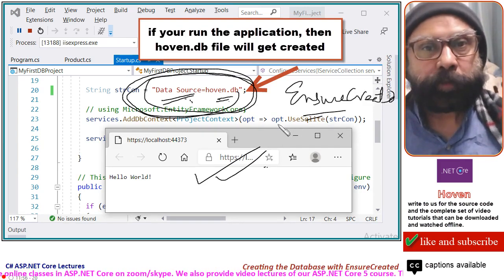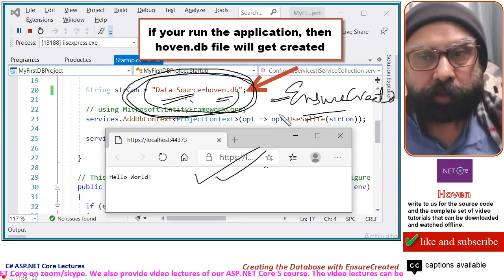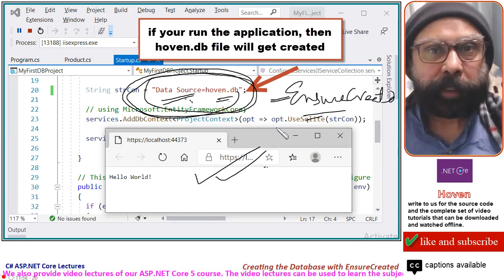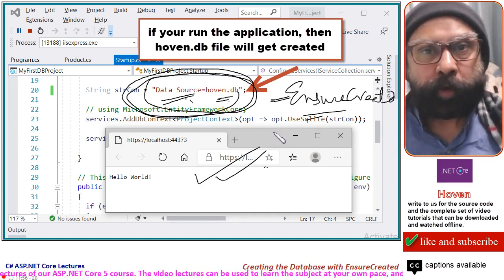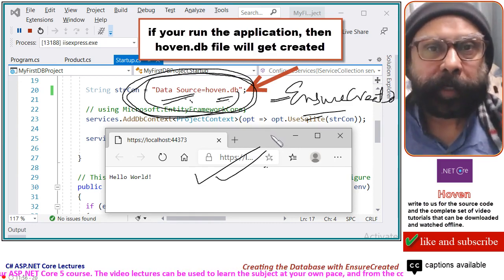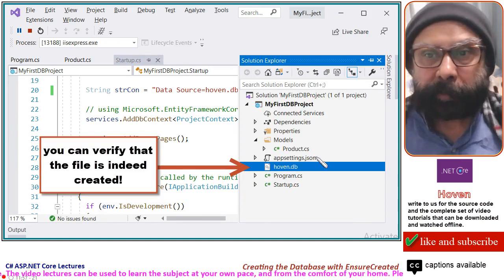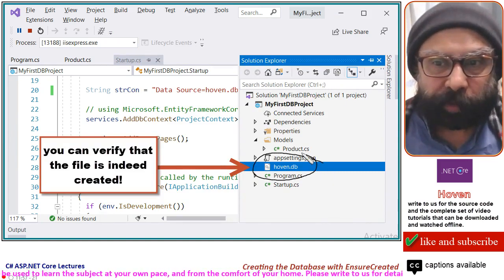If your database already exists, then this method will do nothing. So we have added it at that place so that if the database is not there, then it can get created. Once you run your code in production, then you can remove that part. And when you open the Solution Explorer, you can verify that the file is actually created for you.